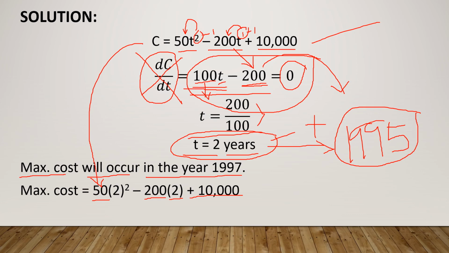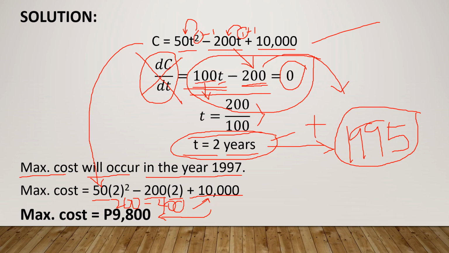Now, in simplifying with these values, the maximum cost is equal to 9,800. Since 50 multiplied by 2 squared, and 2 squared is equal to 4, that will be equal to 200. Then 200 minus 200 multiplied by 2, that will be equal to 400. So plus 10,000, that will be equal to